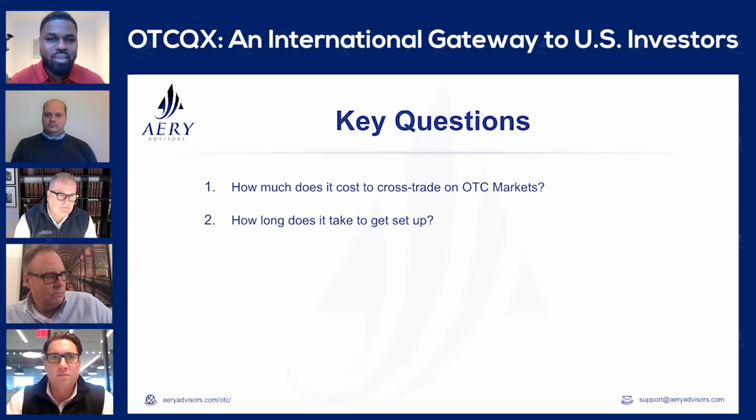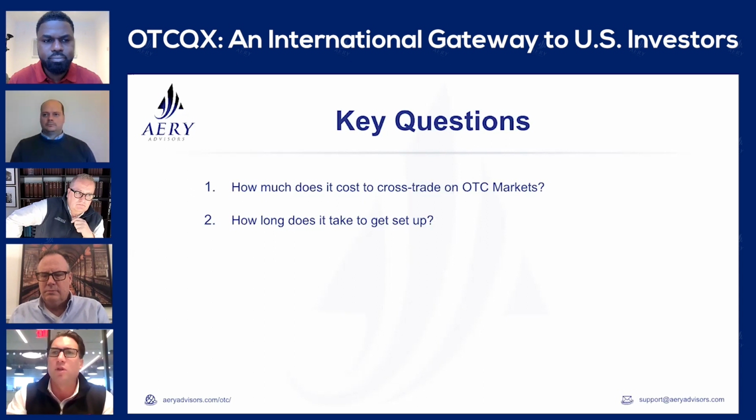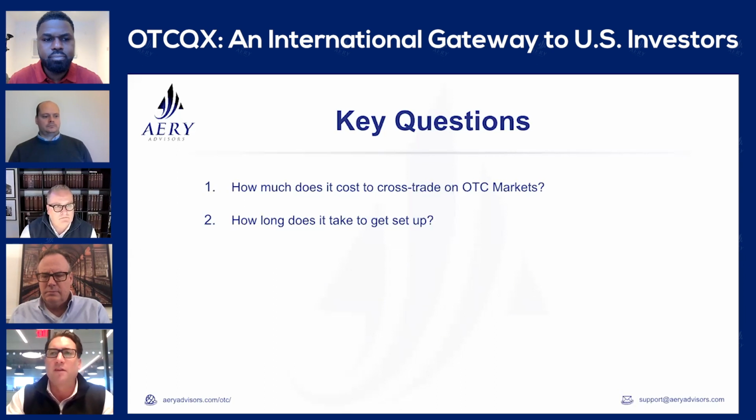Let's find out what the next question is. Typically, how long would it take to get set up on an OTC market? Generally speaking, from application to approval, anywhere from about 6 to 10 weeks. Most importantly, we're going to need all of your disclosures in English. So that's certainly helpful. You don't have to go back and translate, makes things simple. But also, I think relying on qualified OTC sponsors to assist you in the process is certainly important. And Karsten Rosenberg is uniquely positioned with their digital infrastructure tools to make this process as easy as possible for issuers, and make sure you're maximizing your time and resources in order to bring you to our market.